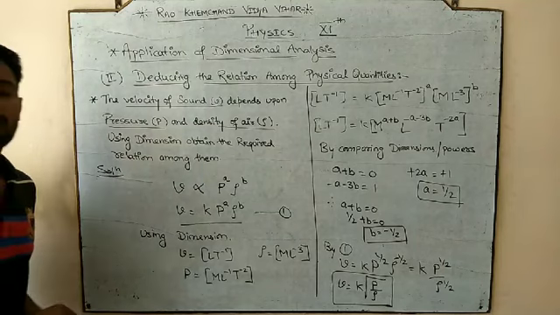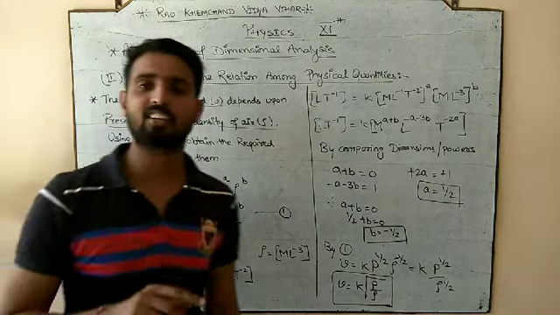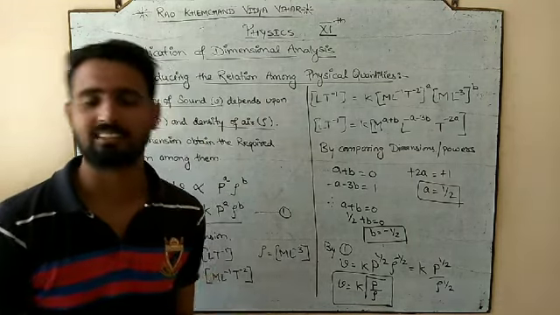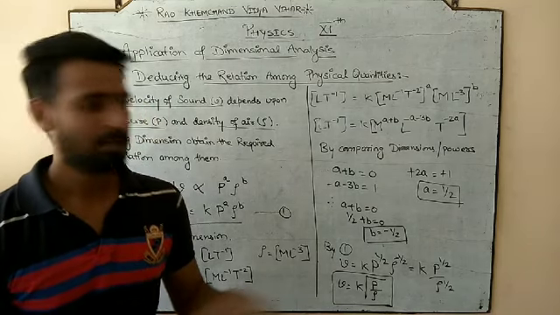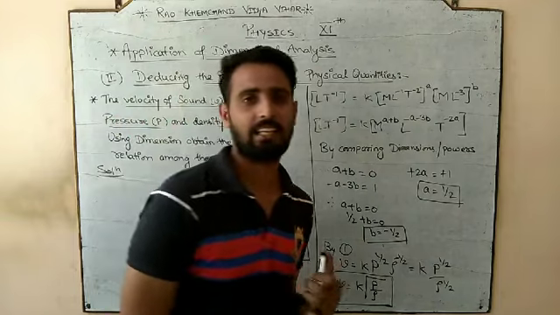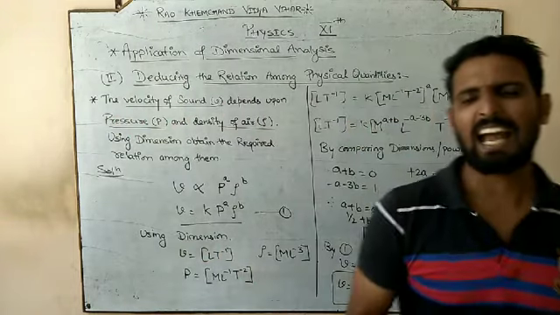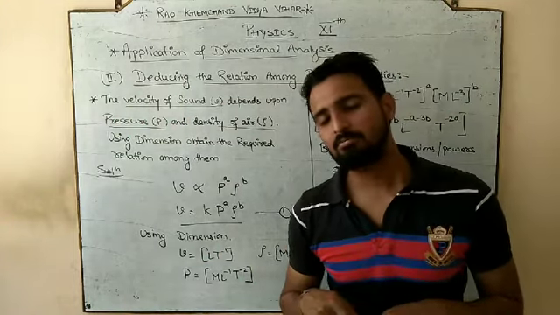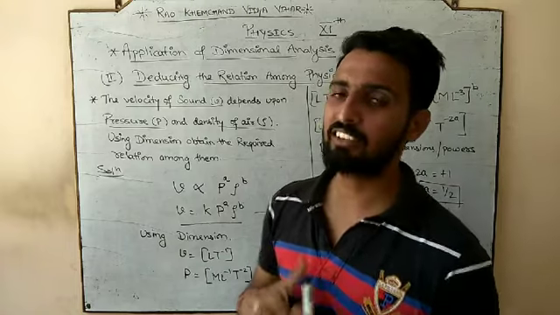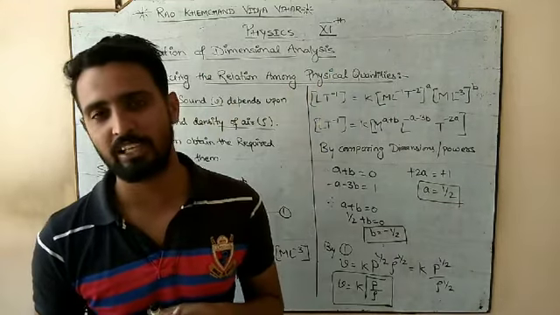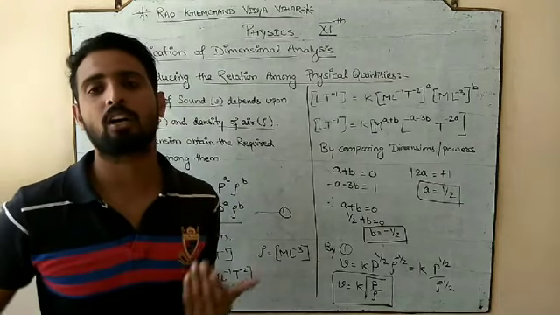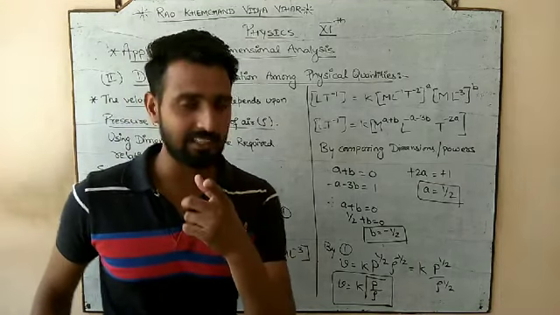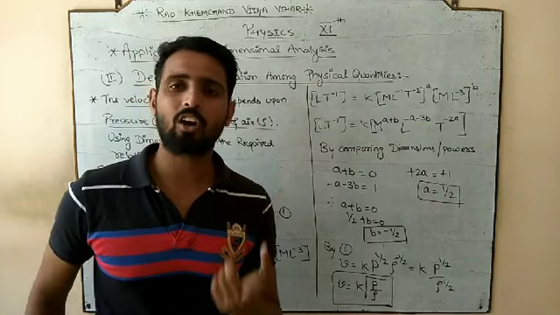Check this out. The expression that we took in the first numerical was the same: velocity is equal to under root P by rho. But here we have a constant K, and you can say that this is the failure of the dimension, or the limitation, that a constant comes here, because it does not talk about the numerical value, as I discussed with you, it only talks in terms